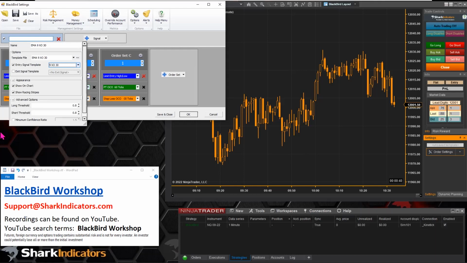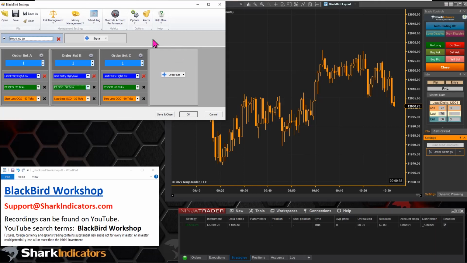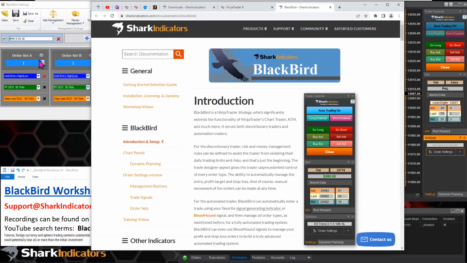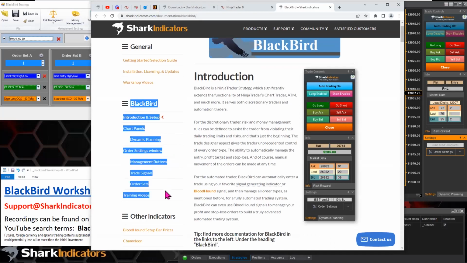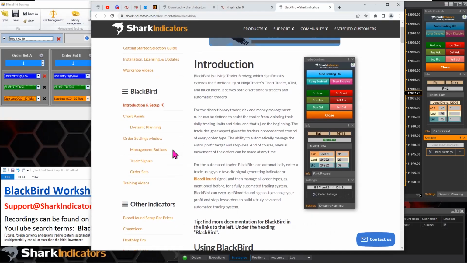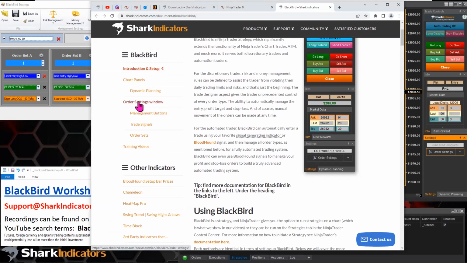Raj is asking, what does single value mean? So here, let's go to the help document, and you can pull up the documentation. That is a part of the order sets, part of the menu here. So let's take a look at the BloodHound documentation here. So if we click on the order settings window here,